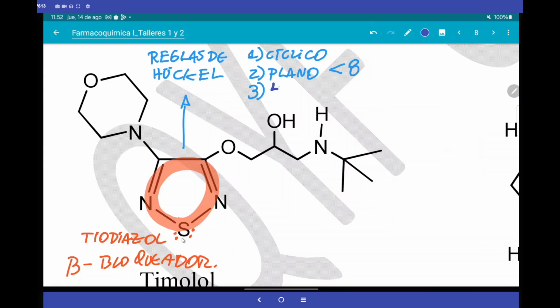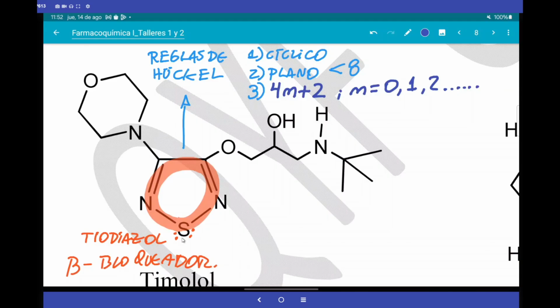They must have 4n plus 2 conjugated electrons, with n a whole number, including 0, 1, 2, etc. The number of conjugated electrons must comply with that mathematical requirement, and if that is fulfilled, all the p-type electrons are